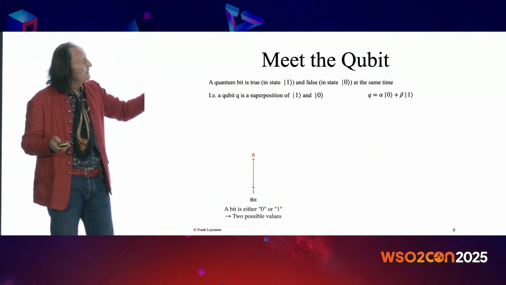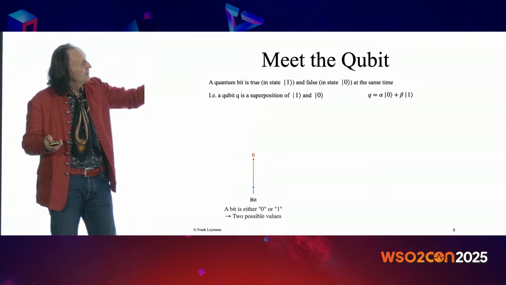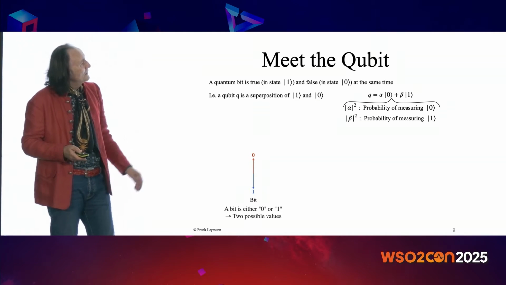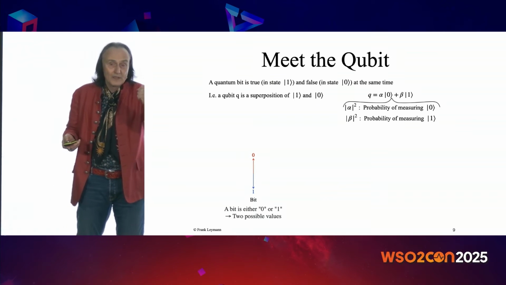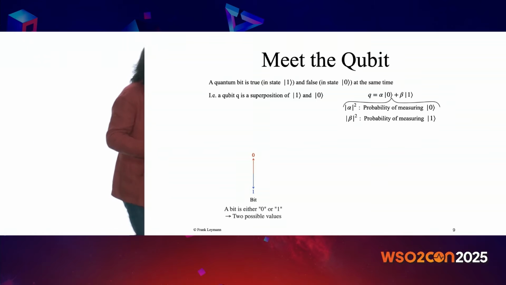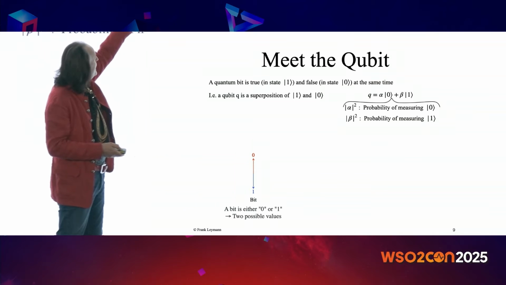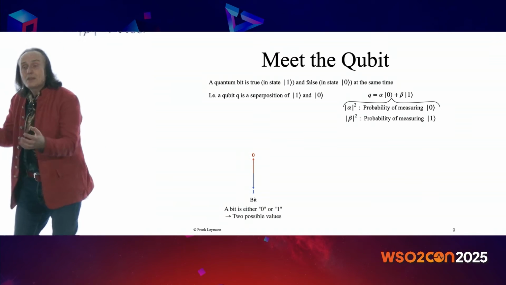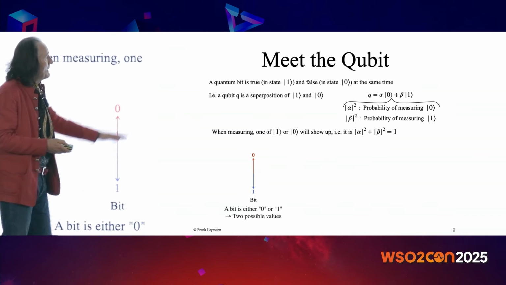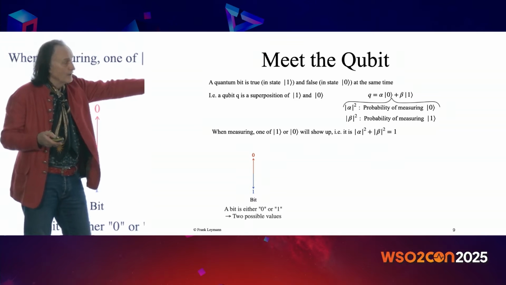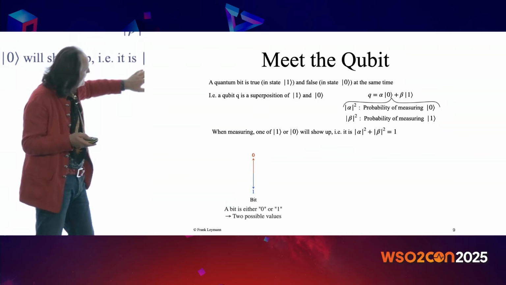And you write it mathematically. A qubit Q is alpha times false plus beta times true. When you manipulate a qubit, you want to measure what its actual value is. So you measure it, and with probability modulus alpha squared, you measure false, and with modulus beta squared, you measure 1. But because you measure at the end either a 1 or a 0, alpha squared and beta squared sum up to 1, right? Because this is the probability to measure 0 and the probability to measure 1, they sum up to 1.